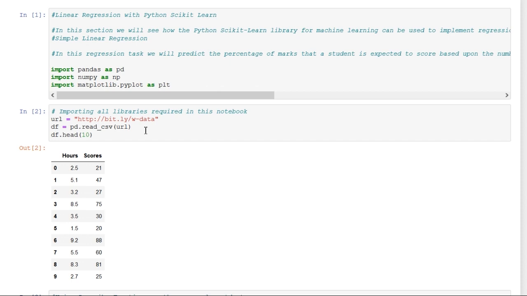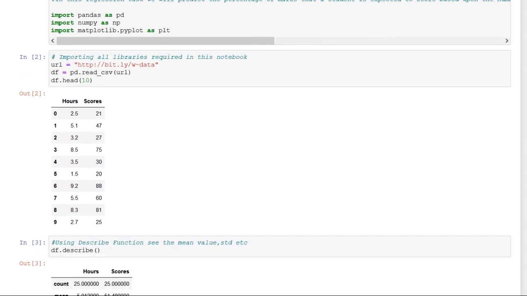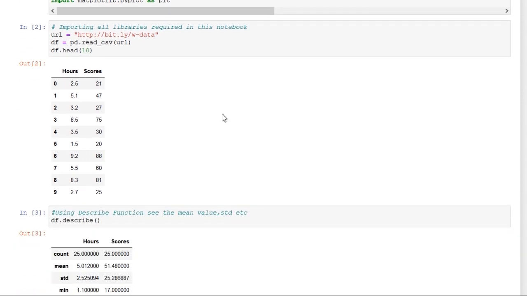To read that URL, we use pd.read_csv(URL), and for seeing the top 10 values, we use the head function. Since we have given 10, it will show 0 to 9, as Python starts with 0.